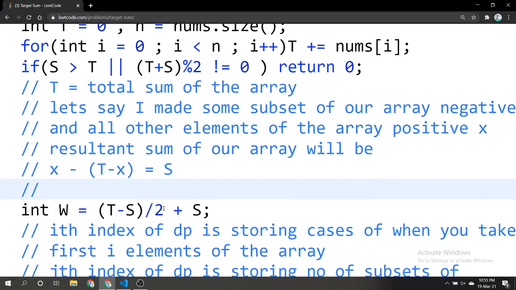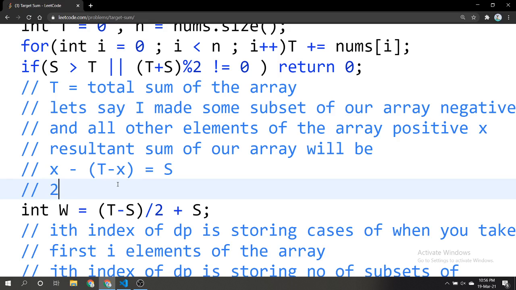Okay, but we also know that x plus t minus x equals t. So from here we can find our x.